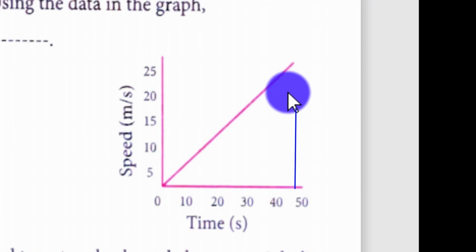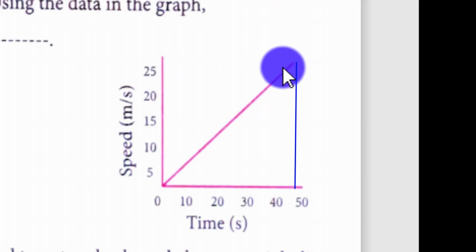If you draw the line in this place, then you will get a triangle. Then how will you find the area of the triangle? S is equal to half BH, where B is the base and H is the height. Okay, join these two points, then what will you get?